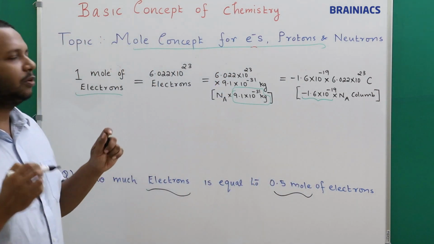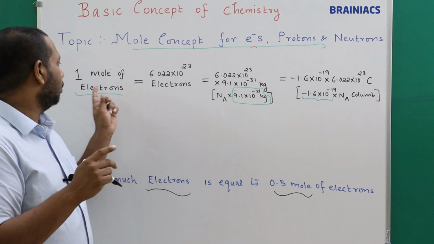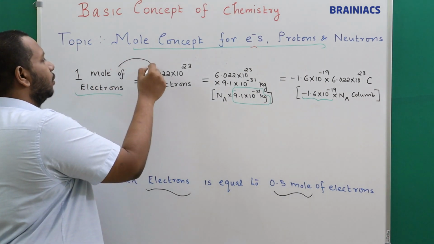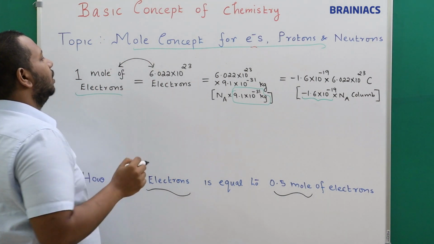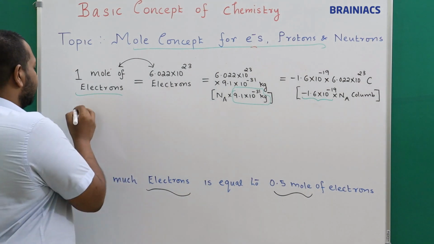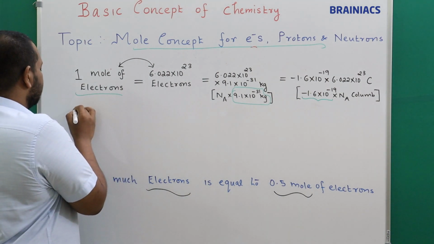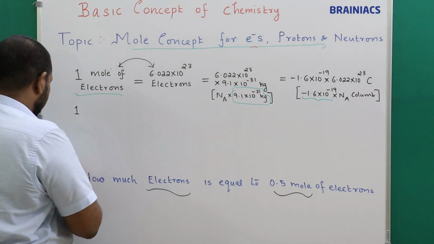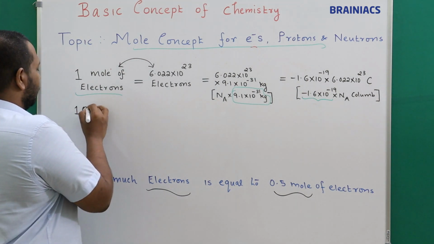So they are linking between two things, that is the number of electrons and mole. So I can say the questions are derived out of these two. Okay, so how can I get the answer for this? Now I will write the fundamental thing. Okay, this is question number 1. So I can say